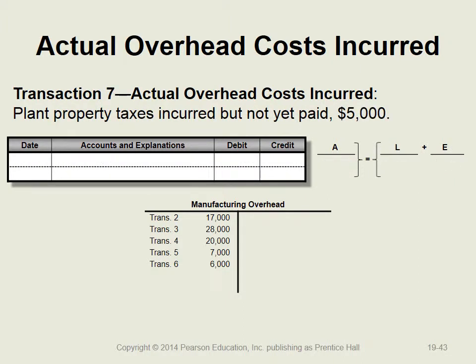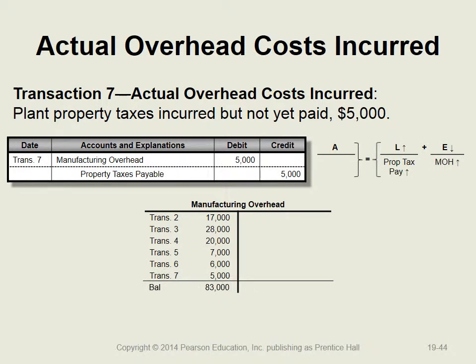In Transaction 7, plant property taxes incurred but not yet paid are $5,000. Manufacturing overhead is debited for the actual overhead costs of $5,000, and property taxes payable is increased with a credit. Throughout the year, SmartTouch has debited manufacturing overhead for actual manufacturing overhead costs as they occur. By the end of the year, the manufacturing overhead account has accumulated all of the $83,000 of actual overhead cost